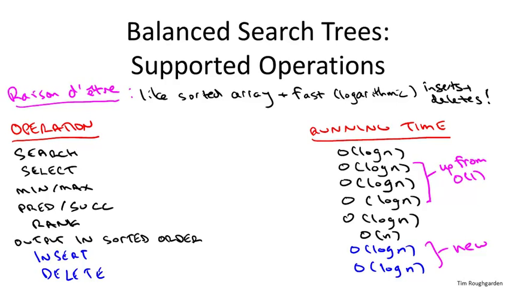So we saw a heap. What a heap is good for is it's just as dynamic as a search tree. It allows insertions and deletions, both in logarithmic time, and in addition it keeps track of the minimum element or the maximum element. Remember, in a heap you can choose whether you want to keep track of the minimum or the maximum, but unlike in a search tree, a heap does not simultaneously keep track of the minimum and the maximum. So if you just need those three operations, insertions, deletions, and remembering the smallest, and this would be the case, for example, in a priority queue or a scheduling application, as discussed in the heap videos,